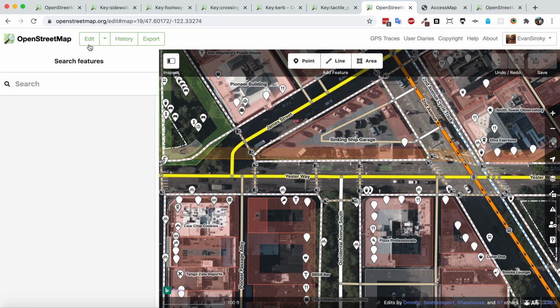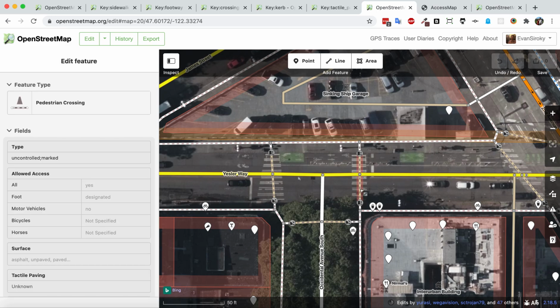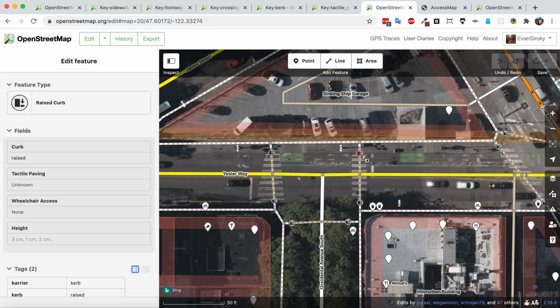All right, so I clicked on the edit. I'm in the edit mode of OpenStreetMap. Now I'm going to zoom in here. Click zoom, and here's our crossing here. So for whatever reason, not sure, it's tagged both uncontrolled and marked. Not sure what that means. But anyways, right here, this is